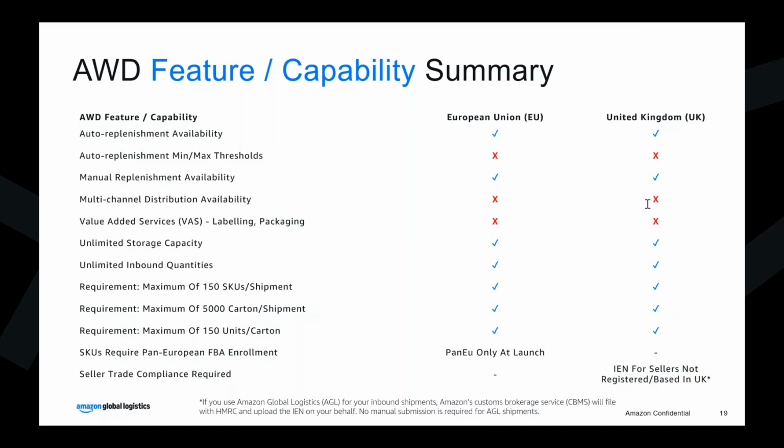The other question is when you say you don't have multi-channel distribution availability, does that mean sending goods to Germany does not benefit from pan-EU? Those goods will not be sent to France and Italy? No. Multi-channel distribution allows you to send your cargo to other channels outside of Amazon. So if you're having Shopify, TikTok shops, stuff like this is what we will be launching, but we do not have it right now. So yes, whenever you send your goods to Germany, to the AWD Germany, it will benefit from the pan-EU.